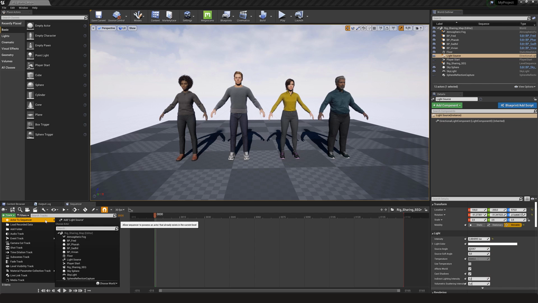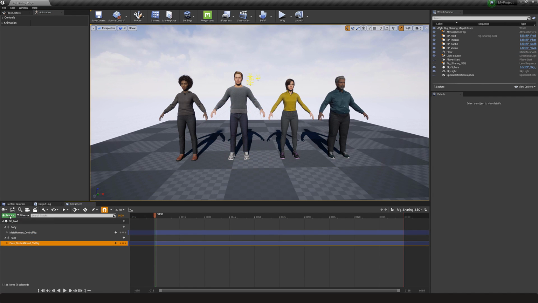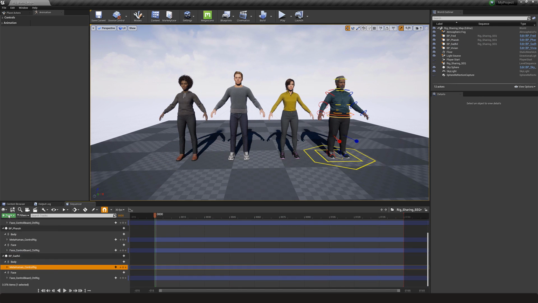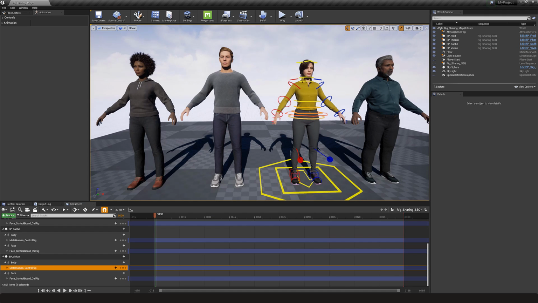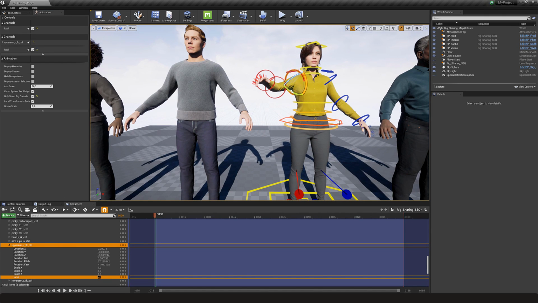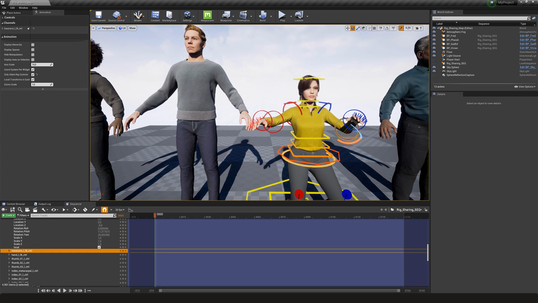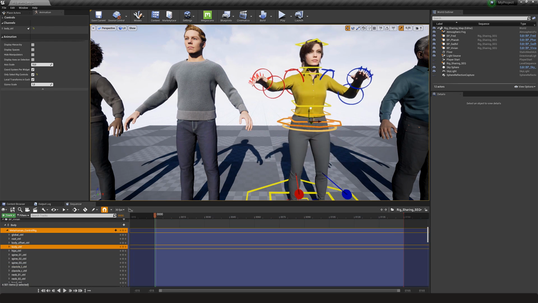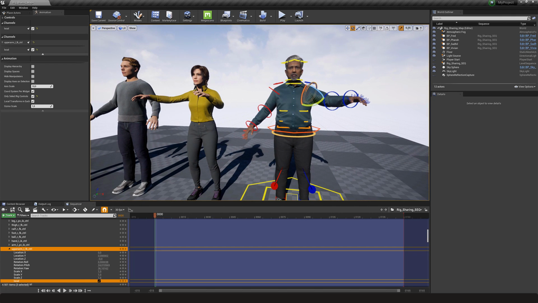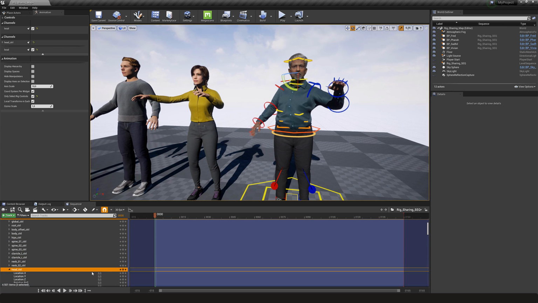In this video, I demonstrate how we are using the same control rig, the MetaHuman control rig, for the different 4 body types that we are seeing in the level now. This is an amazing feature of Control Rig and of course a huge time saver for any production. And as you see, the rig is functioning properly on the different body types.